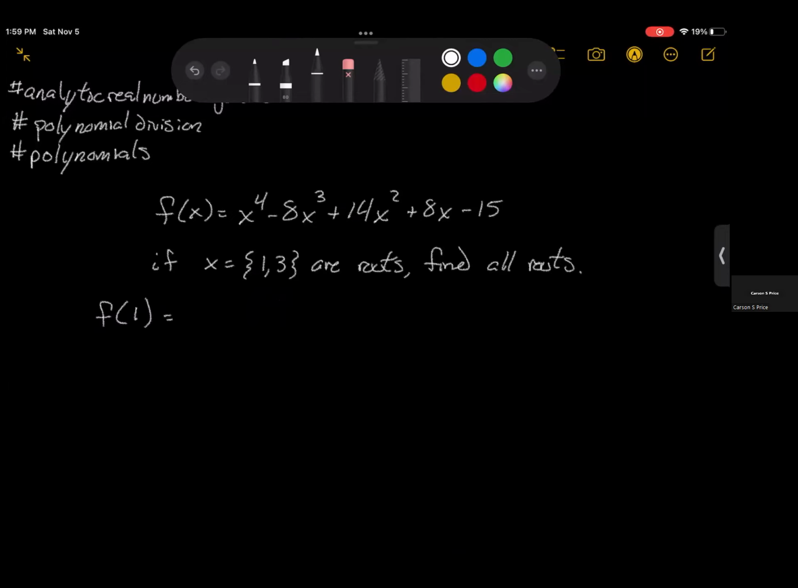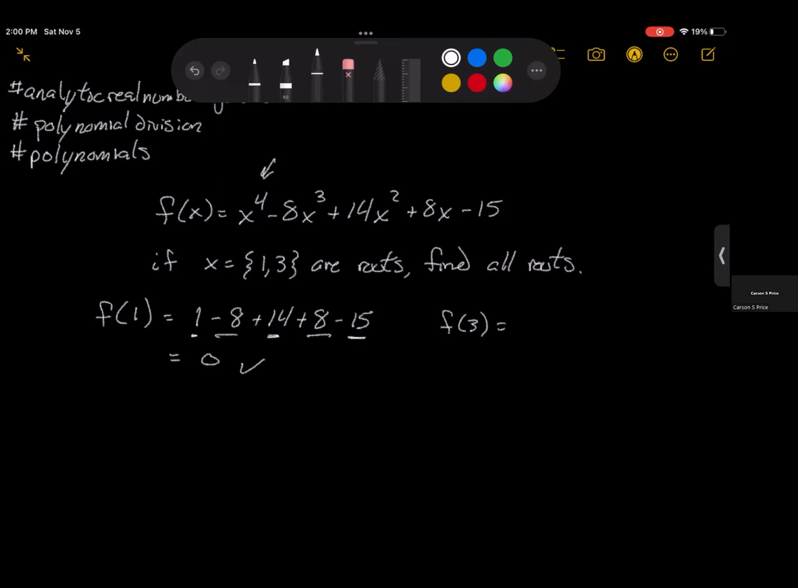I get 1 to the fourth is 1 minus an 8 plus a 14 plus an 8 minus a 15. So the minus 8 and the plus 8 go away, the 1 and the 14 give me a 15, and then I subtract 15. So I do have a root there. So 1 is a root, gives me a 0. Let's look at f at 3. So if I plug 3 into this,